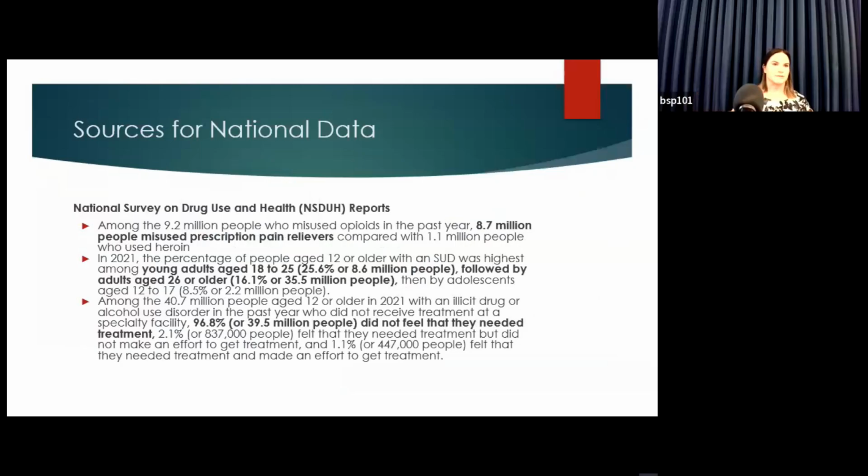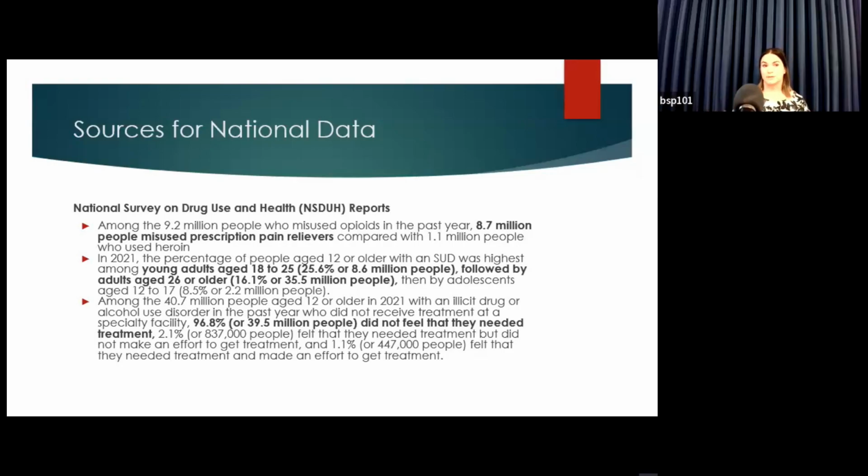So the best source for national data is going to be this survey called the National Survey of Drug Use and Health, or NSDUH, and that's really what they call it. For the NSDUH survey they do mailers, but they also send people out into the field to get out into communities and learn about both substance use as well as mental health problems in the community. So they ask about substance use, but they also ask about depression, suicidality, and things to get an idea of what's going on at the national level. And the surveys that they do, they also break down by state, so that information is available easily online.